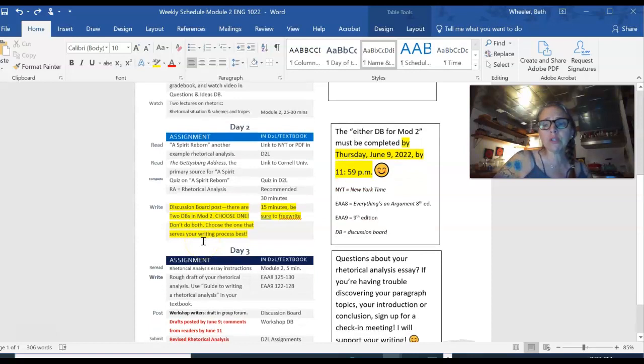You all, there's 2 discussion boards this week, but I want you to pick one. I don't want you to do both. And so what I want you to do early in the week is preview the 2 discussion boards and decide which one fits with your writing process best. If you like